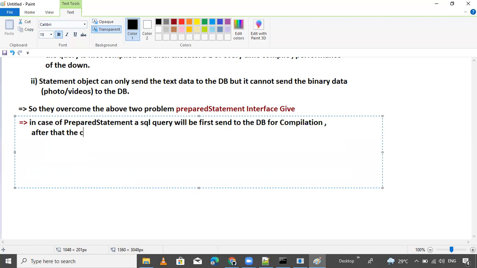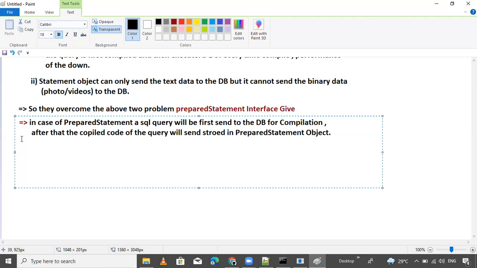the compiled code of the query will be stored in the PreparedStatement object.